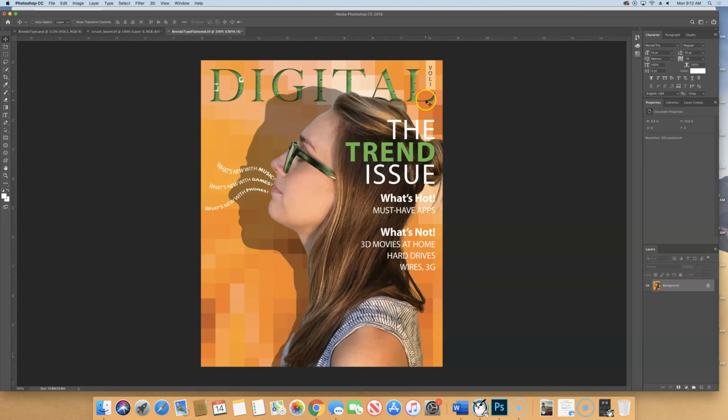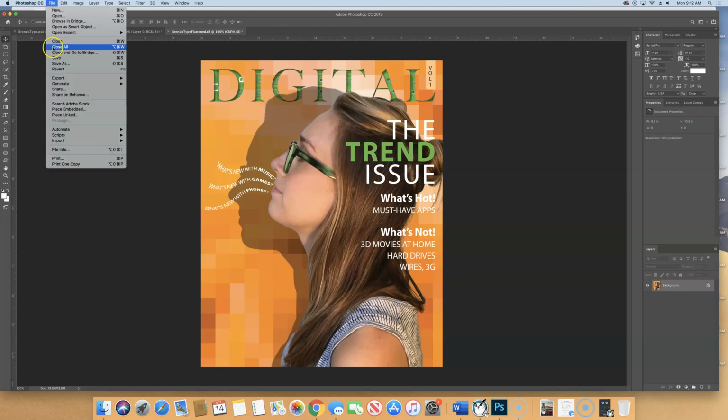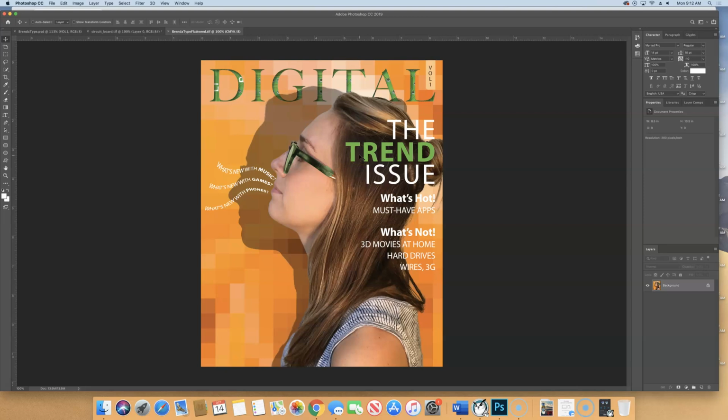After we do that, remember to save because it doesn't know that we've done this yet. So File, Save. And now we have a flattened TIFF file in CMYK format that we could send off to a printer. They wouldn't need the fonts because it doesn't exist as fonts. This is one flattened image now. It's not editable. If there's a typo, if we put what's hot with 2 T's and we just said, oh, just fix it, they can't when we send them this version, right? We have to go back to the PSD, fix the type layer, and send them the correction. Okay? All right,